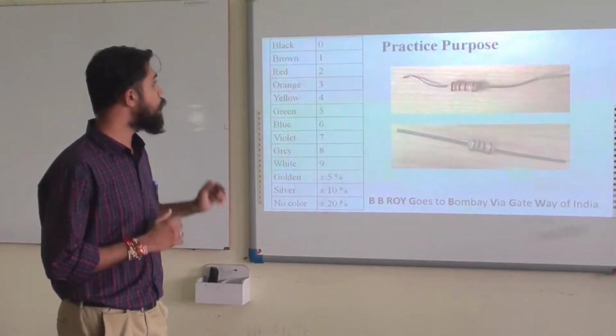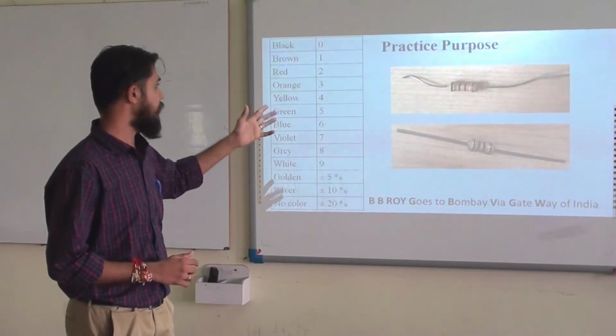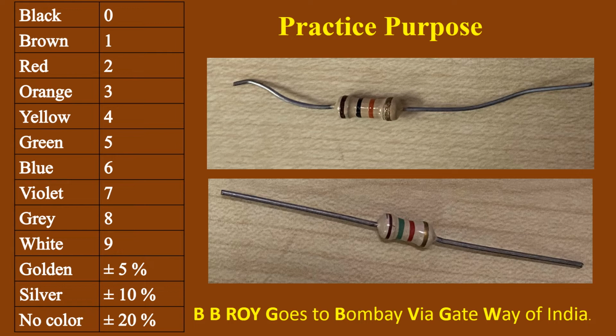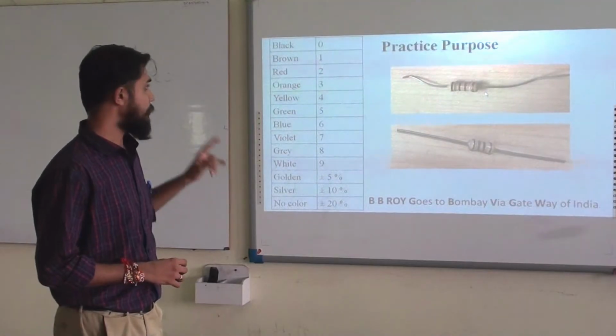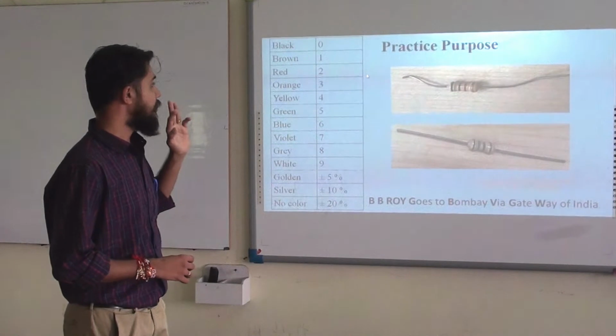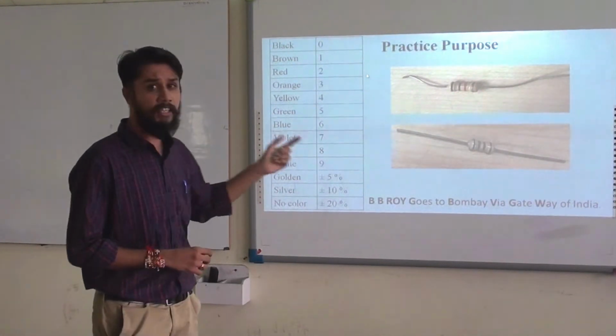Similarly you can find out the value of resistor with the help of this. So this is a sample exercise for you. With the help of this color code, you have to find out the value, and similarly it can be verified later on with the help of the multimeter and the application we are going to see in the upcoming session. So we start with the practical demonstration session now.